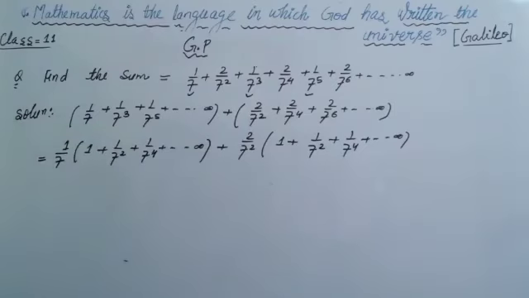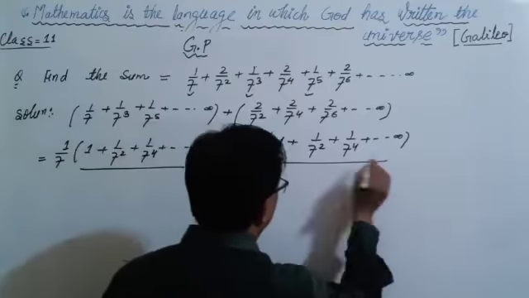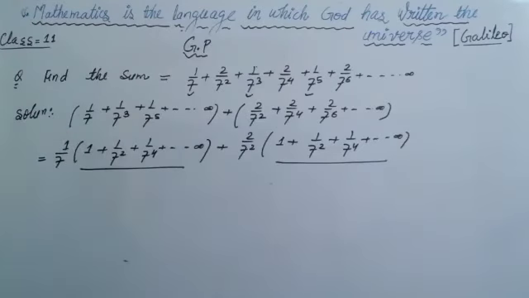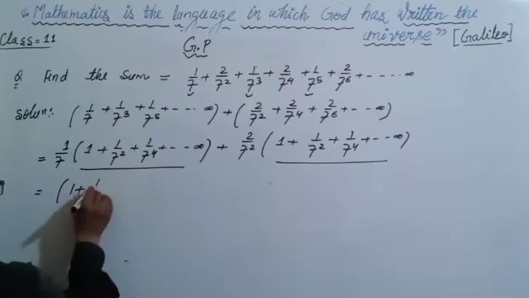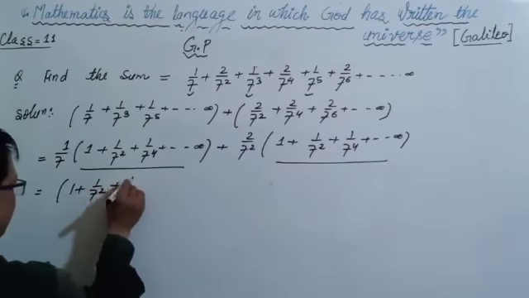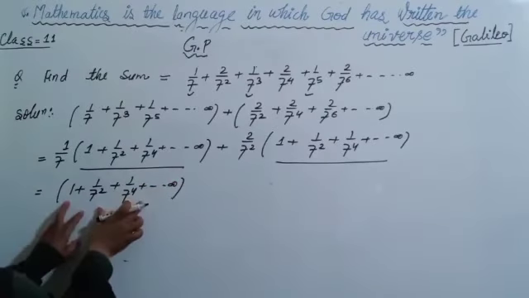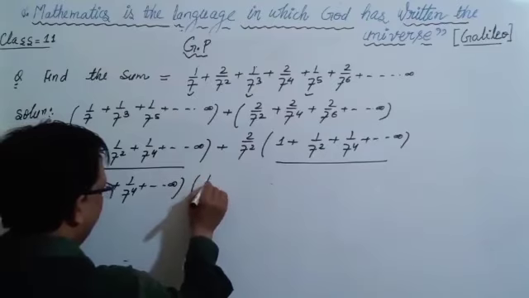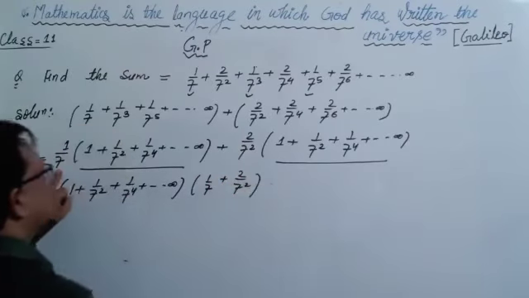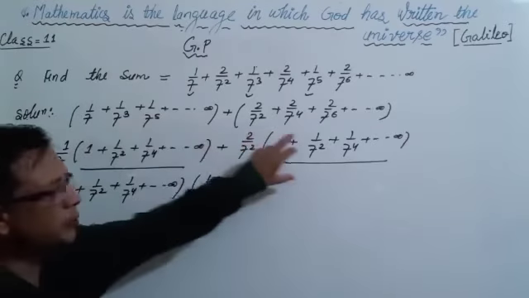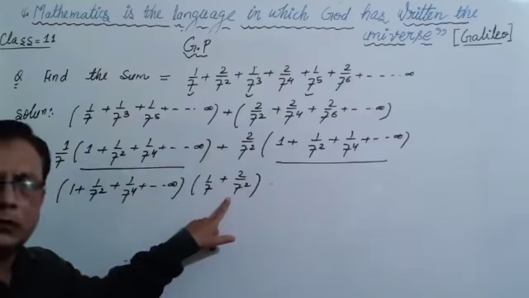Now it is very simple for us. We see that the whole bracket is common. So if we take this bracket common, 1 upon 1 plus 7 square, 1 upon 1 plus 7 4 up to infinite. Take the common. In the second bracket we get 1 by 7 plus 2 by 7 square. Take this bracket common, then we get here 1 by 7 and 2 by 7 square.